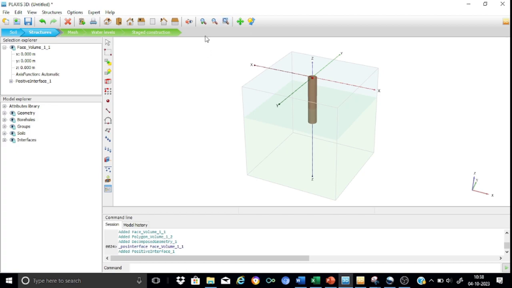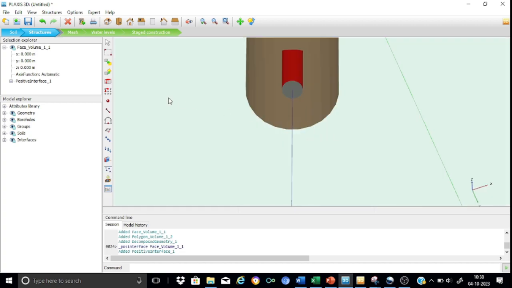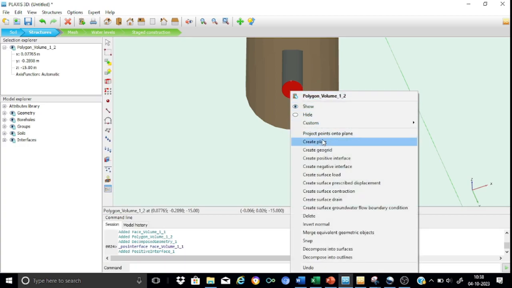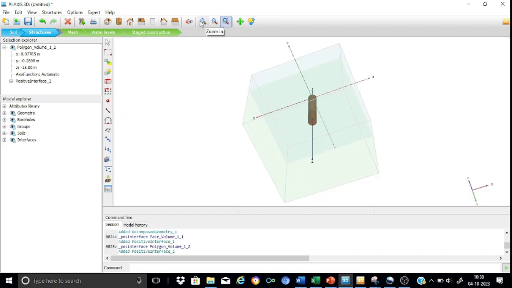So this is the positive interface. Now we need to define an interface at the bottom as well. So we can just rotate this a little bit so that we'll be able to see the bottom surface, and we can zoom this so that we are comfortable. So you can select this bottom surface, right, in a similar way, create that positive interface. So you can see that yes, the interface is also generated. This means that the definition of the interfaces is complete, and here we need to define only one thing, that